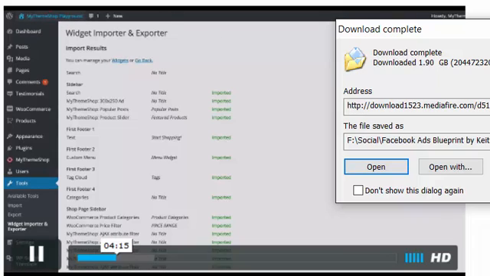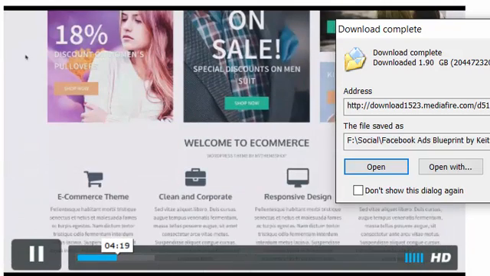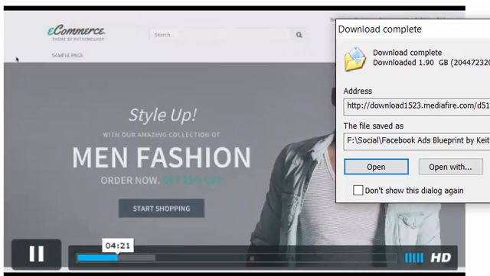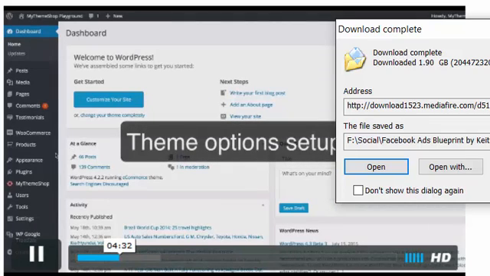So now if we have a look at our site, then you can see we've got the site looking exactly how it does on mythemeshop.com. We can now get on with the real interesting stuff, which is getting this set up with your own content and showing you how to customize all of this. So if we just head back to the WordPress dashboard again, we're going to want to hover over appearance and